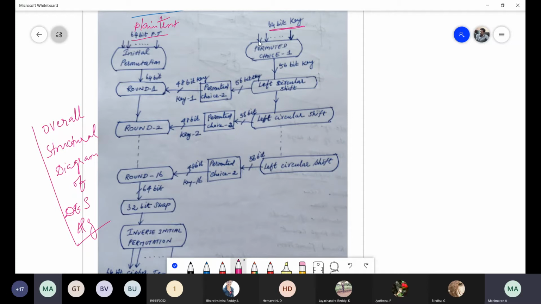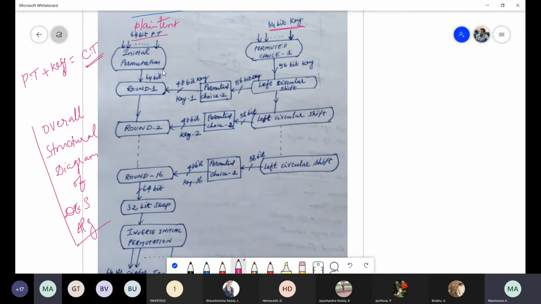Whenever we apply encryption, two things are required: one is plain text, another is the key value. By using these two only, we convert into ciphertext. So we take the plain text and the key value, both 64 bits in each block. But we are not restricting the plain text to only 64 bits. Listen carefully: the plain text can be of any size, but at a time the DES algorithm takes only 64 bits, that is one block.